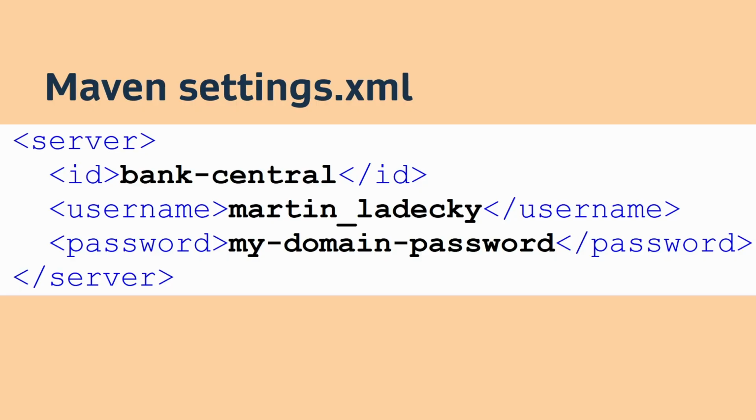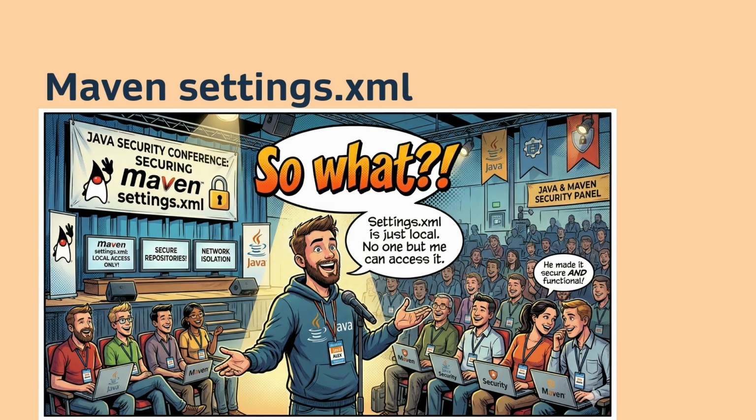As I mentioned, Maven. Hopefully some of you are using Maven. Is someone using Maven? Please. Oh, half of you, okay. Then, there is settings.xml. If your company is a little bit bigger, you have your own Artifactory and you need your password. So what I did for a long time, I just put some credentials into my settings.xml on my local machine, and it was there. Okay, who cares? It's just my local configuration file, so I'm safe, absolutely.